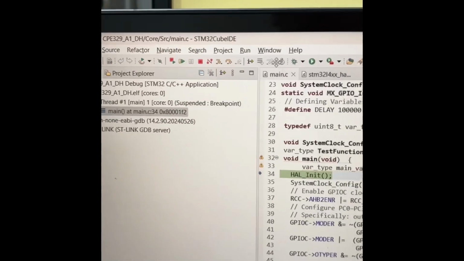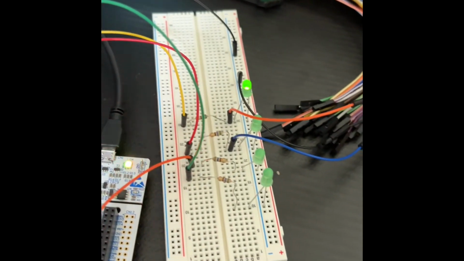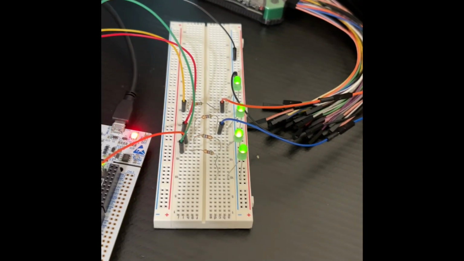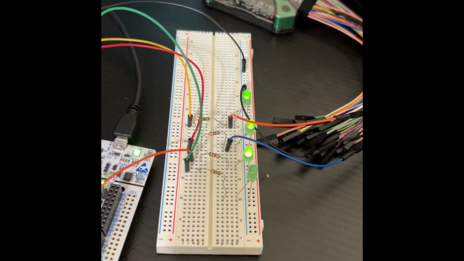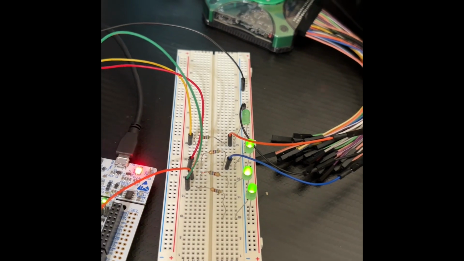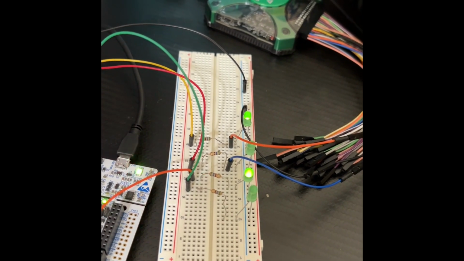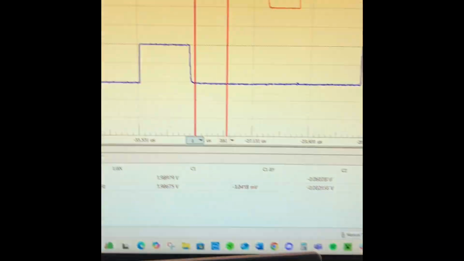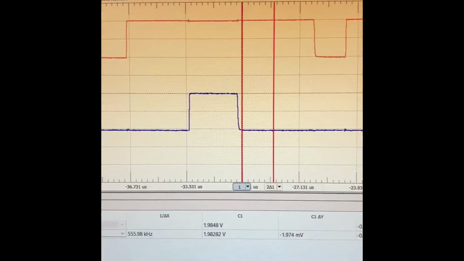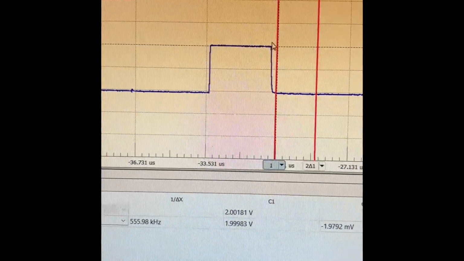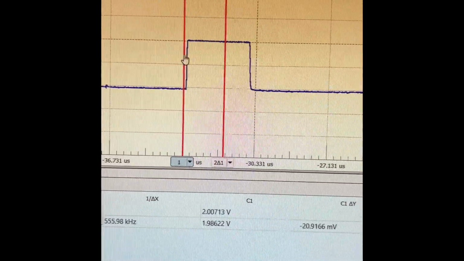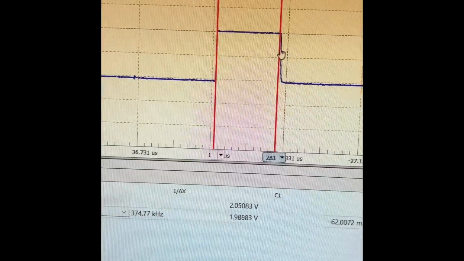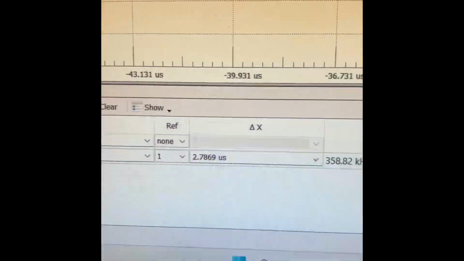It's downloaded successfully, so now we can relaunch it again, and it'll start counting. And we can see in this waveform that the time has increased with this operation. It is now 2.79